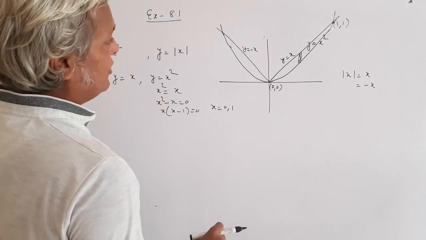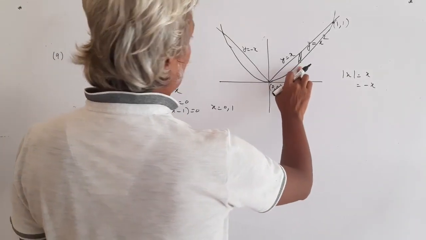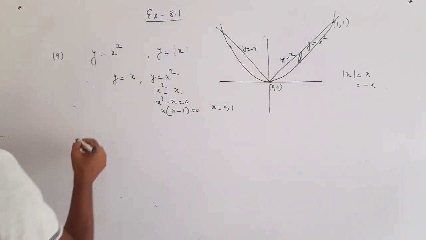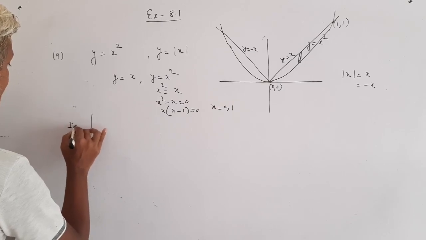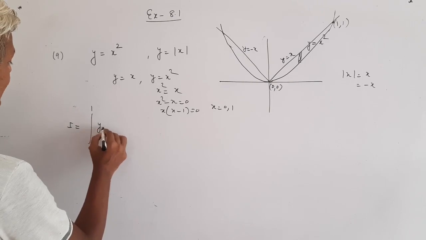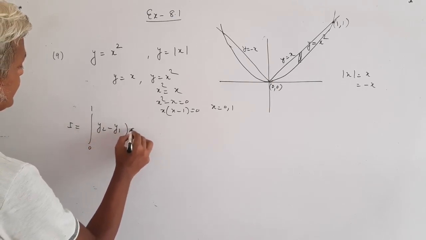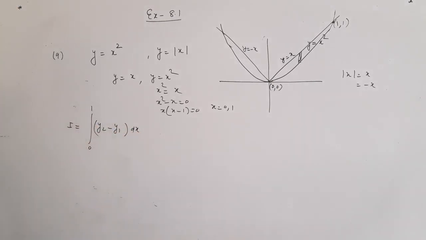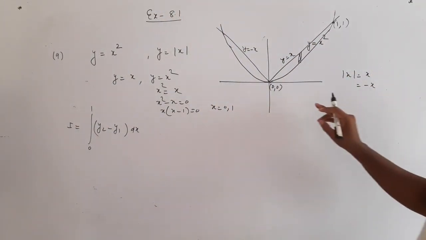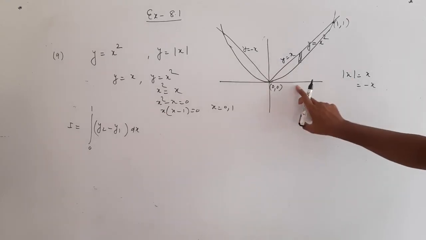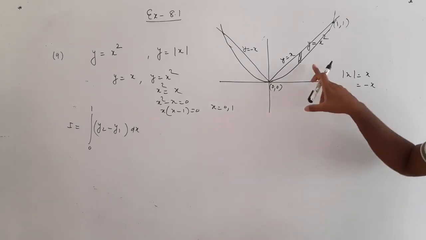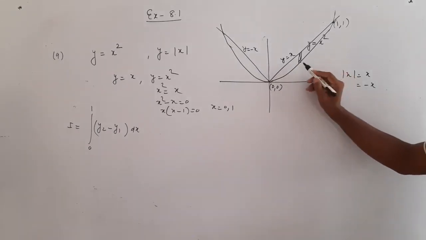Now my strip, you have to pay attention. The lower part of the strip lies on this parabola, and the upper part of the strip is lying on the graph. So we write our limit as integral of x equal to 0 to 1, then we write y2 minus y1 dx. You will be asking why I am writing y2 minus y1. That time also I was writing y2 minus y1, but every time the lower end of the strip was on the x-axis and the equation of the x-axis was 0. But this time it is not lying on the x-axis, it is lying on this curve.